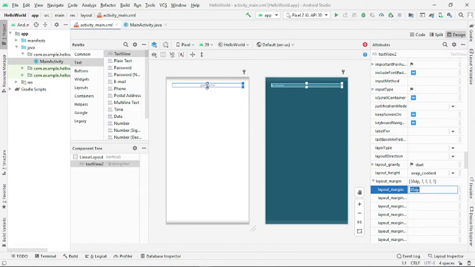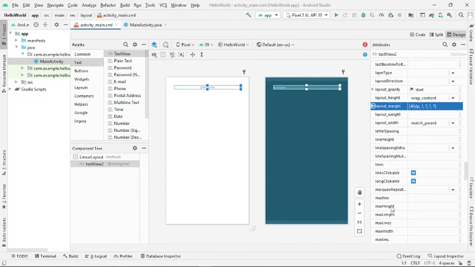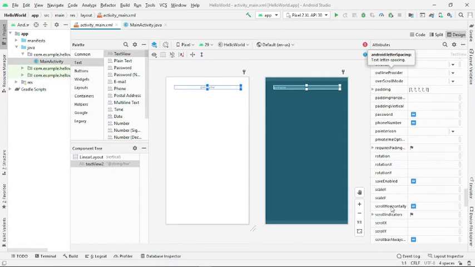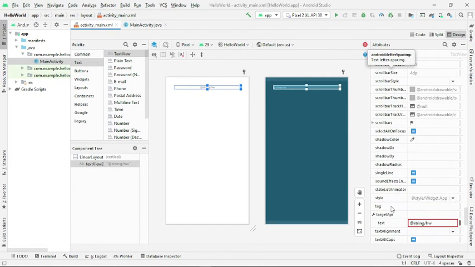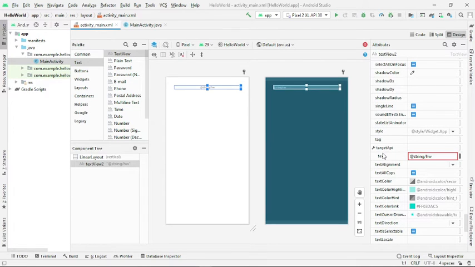You can set according to that, wherever it should be displayed. So let me display it a little bit down. I'll set it as 40 dp. So it came a little bit down. You can just see. Yes, I think this is enough. So let me set a few more attributes. I don't want these attributes, so let me come down. Yes, I would like to set the